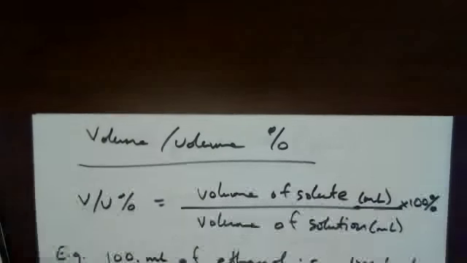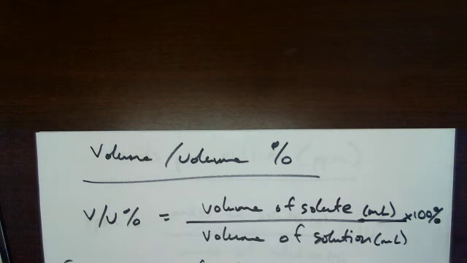So a volume percent is the next thing we're going to look at, and basically it's similar. It's just that instead of having a look at a solid dissolved in water or some other solvent, we would have a look at a different solute, in this case a liquid, dissolved in some other solvent. And so here we're comparing the ratio of volumes, and of course we've got to have the units either both in mils, or both in litres, but either way they've got to be the same units,